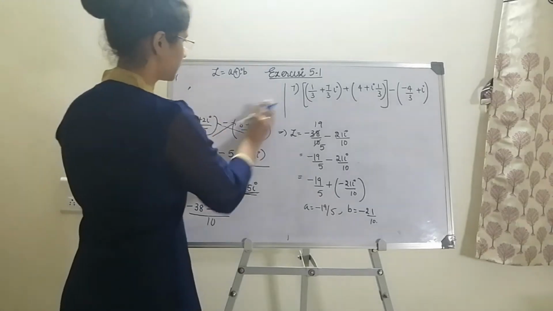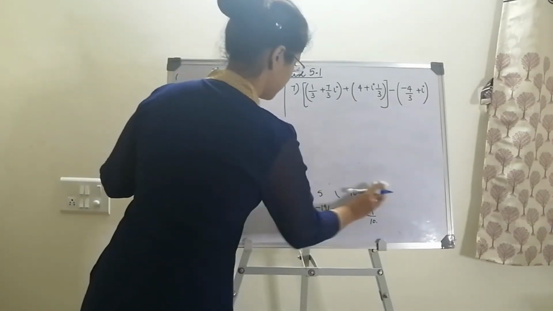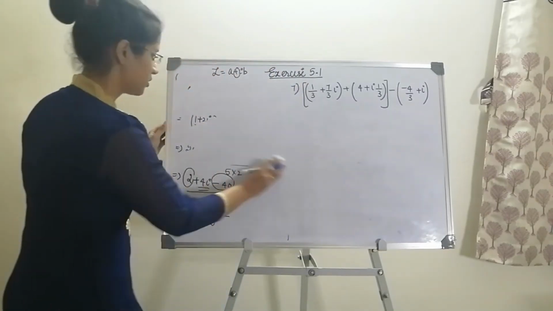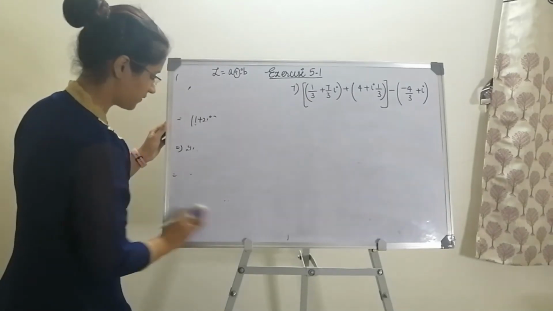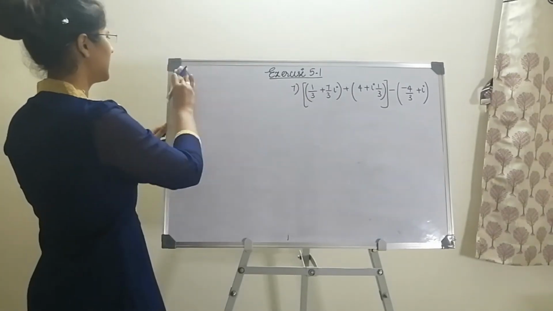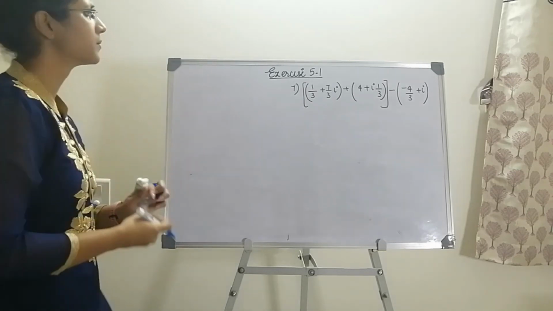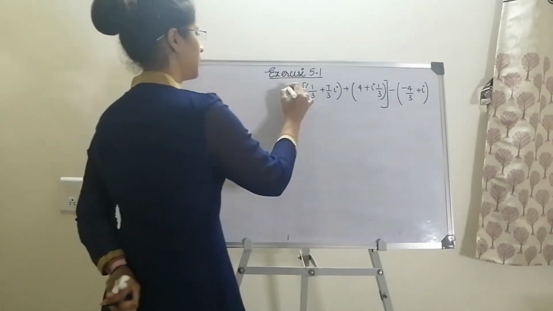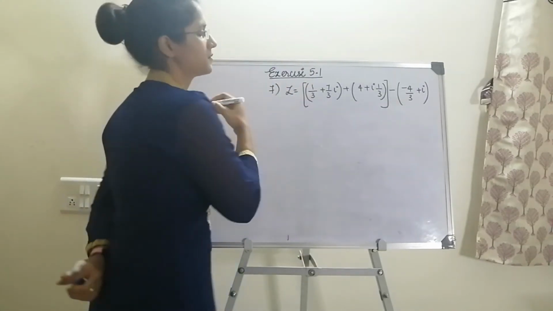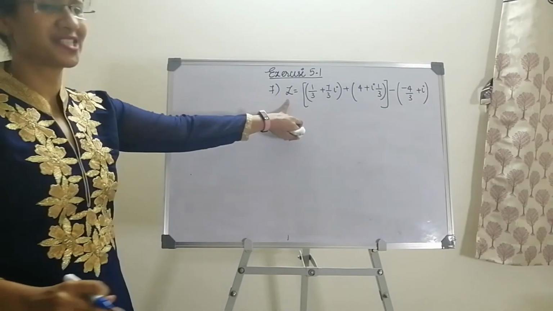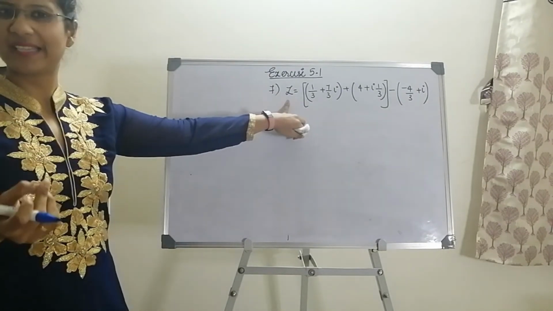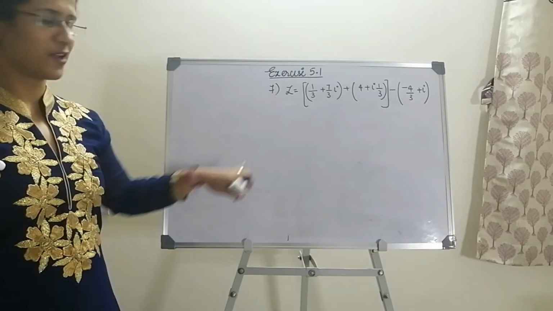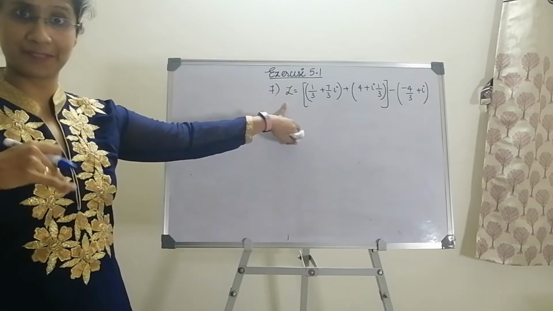I will just erase this part. Yeah, the 7th question. Again, there are 3 terms given to us. So again, if 3 terms are given to us, I will tell you a very easy way of finding the values. Whenever a question is given to us, I will always denote it by Z. This is my 7th question. See, this will be a second step. I am very lazy to write the second step, so I just erased it and wrote it off as Z. So this becomes my Z. This is my second step.